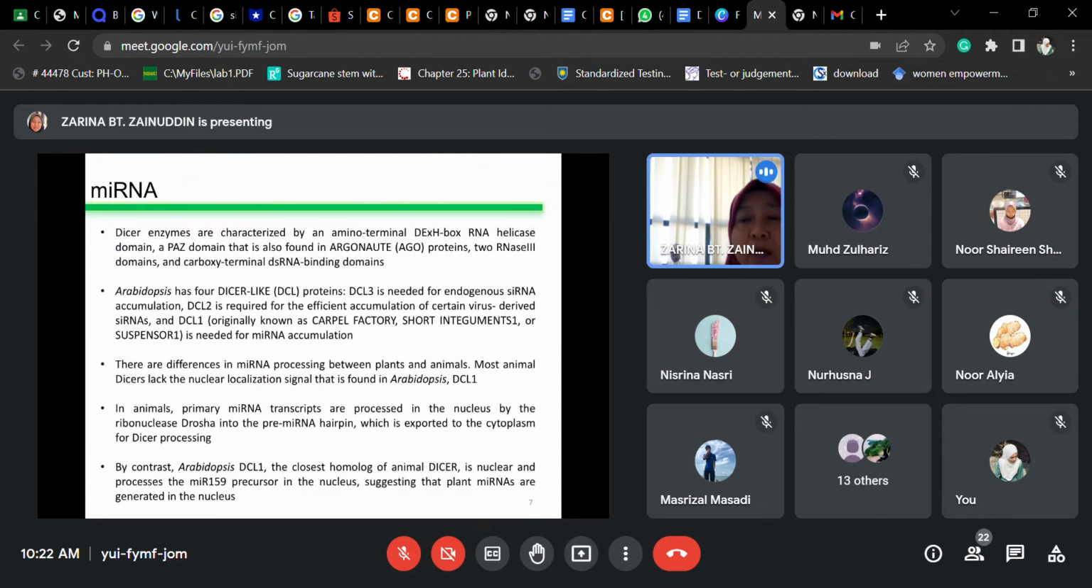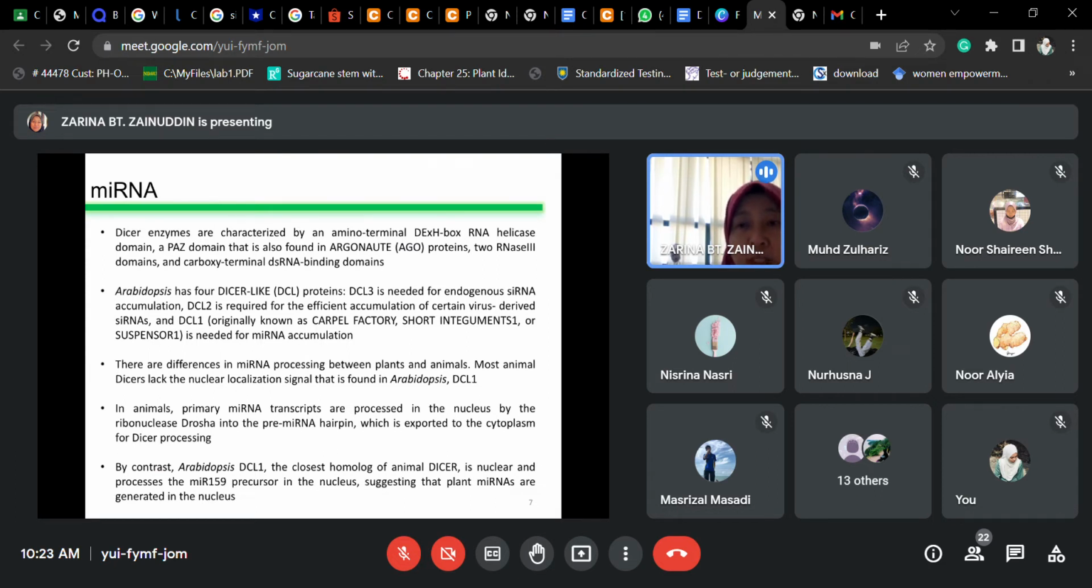The characteristic of dicer enzymes is that they have domains. They have an amino terminal DExH box RNA helicase domain. They have a PAS domain, which is also found in the argonaute proteins. The dicer enzyme also has two RNase III domains, and they also have carboxyl terminal double-stranded RNA binding domains. Okay, you don't have to remember this. It's just explanation. So in Arabidopsis, it has 4 dicer-like proteins,